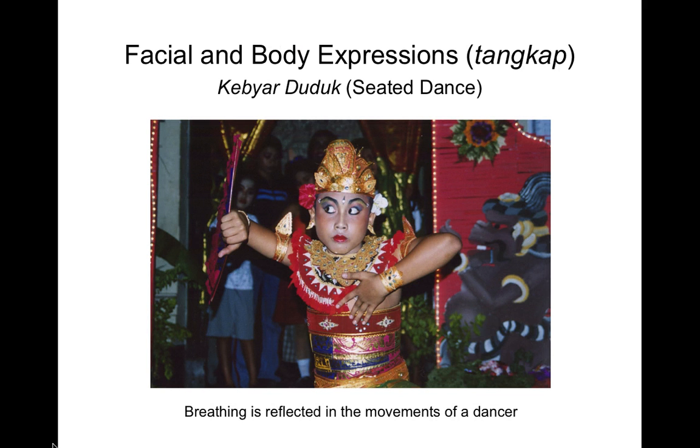Facial and body expressions, known as tangkep, are crucial to convey the character of a dance. For female performance, the mouth should be in a semi-smile and the eyes should be vibrant. To denote anger or a sense of courage or strength, as required in some keras male dances, however, the mouth is more neutral and the eyes are opened much more widely. This helps to express the emotion of a dance and convey the energy of a dancer in performance.